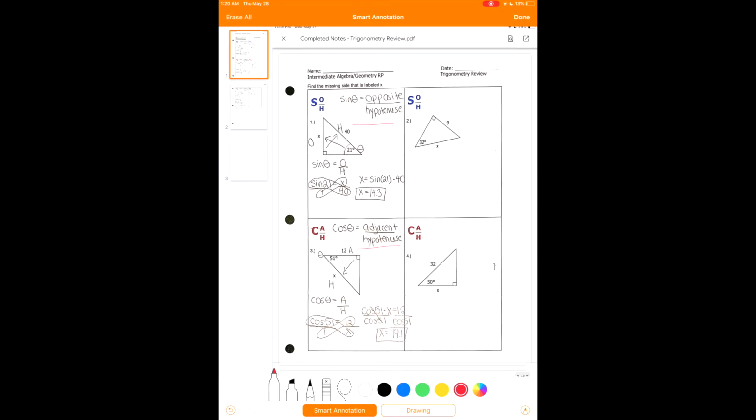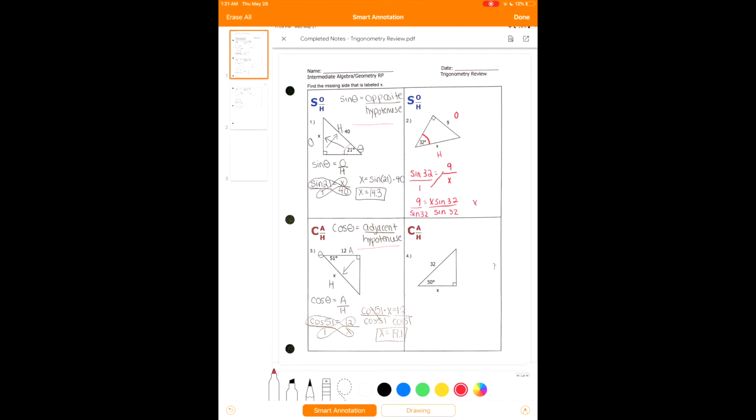So looking at number 2, I have my angle of 32 degrees. I know that the side across from my angle is always called my opposite, and the side across from the right angle is always called my hypotenuse. So I'm going to start my problem with sine of 32 equals O over H. My O is 9 and my H is X. And I'm going to cross multiply just like Miss Daly did on the left side to get 9 equals X sine 32. And then I need to get X by itself, so I'm going to divide both sides by sine of 32,